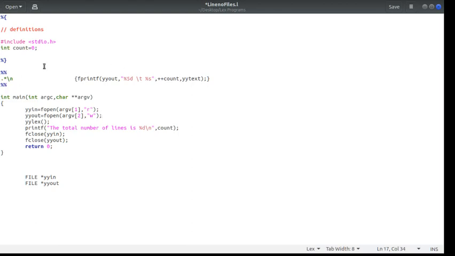So that is how we have written the code for opening an input file and opening an output file, and then here we are writing to the output file. Reading from the input file is automatic. It is going to take the input from there. So let us save this and go to our terminal.